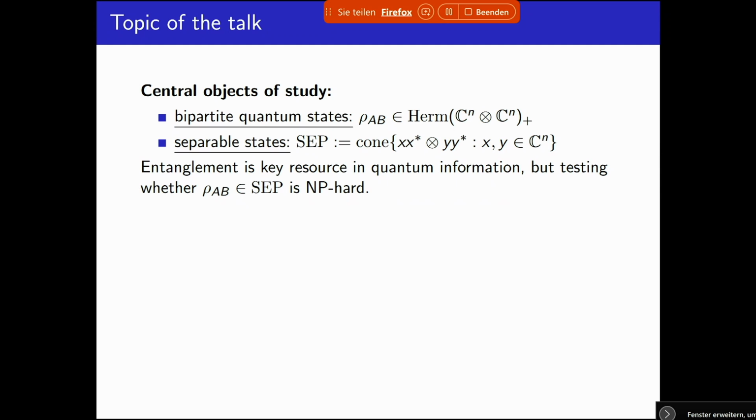Okay, so anyone who's crossed paths with quantum information theory before knows that entanglement is a crucial resource, or maybe even the crucial resource in quantum information theory. But conversely to its importance, it's quite hard to test whether a given bipartite quantum state actually lies in the separable cone. The problem is NP hard. Okay, so there are some